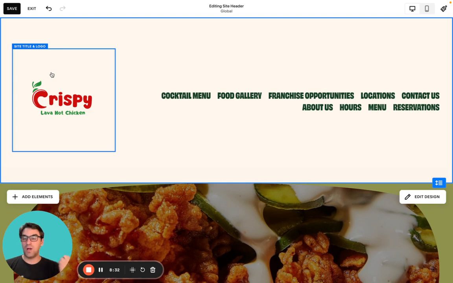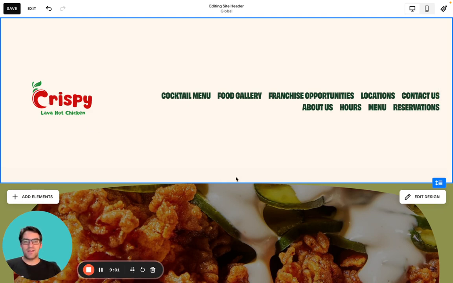Basically, what you do is you upload your logo image to Canva. You use the crop tool. You reduce the white space around your logo image, and then you re-download that as a PNG. Why a PNG, you ask? Because a PNG is the only file type on Squarespace that will allow you to display a transparent background. Meaning, if I uploaded this logo image with a white background, it's going to look a little weird and funky on this sort of off peach color background header area. So PNG,